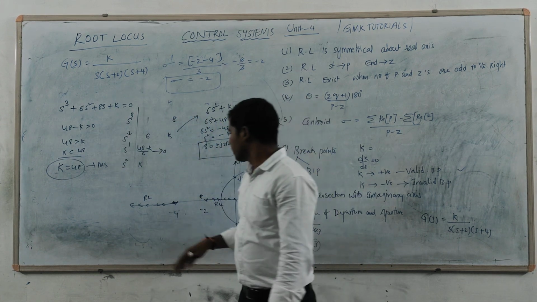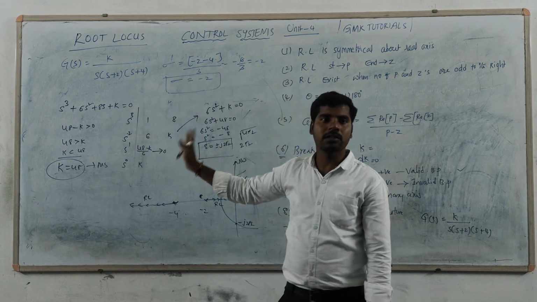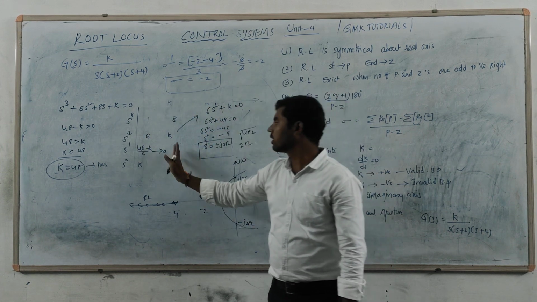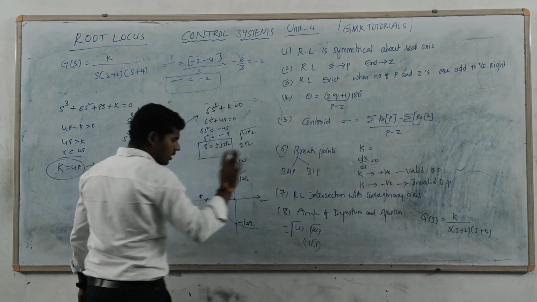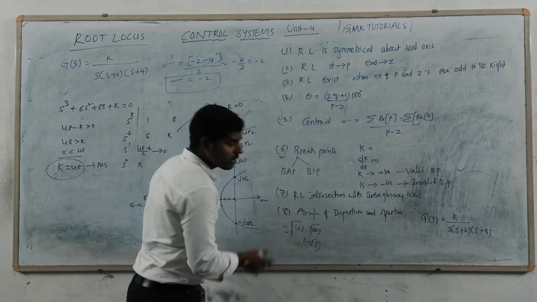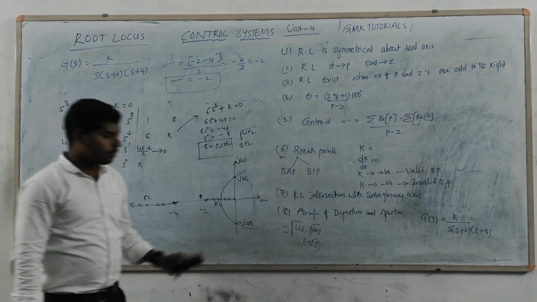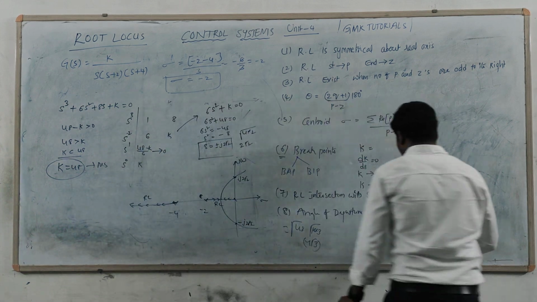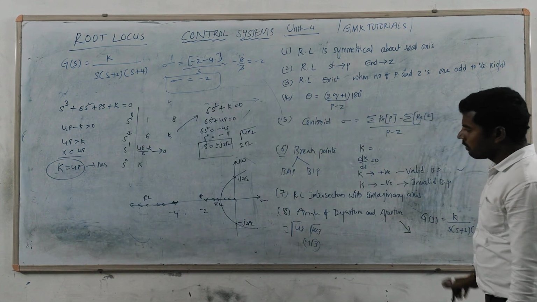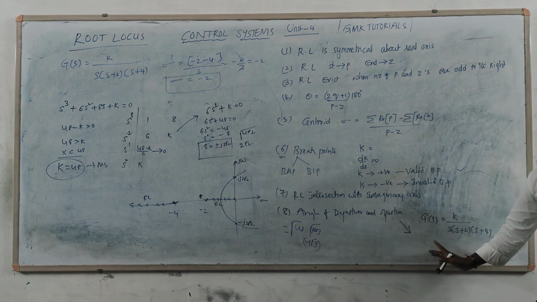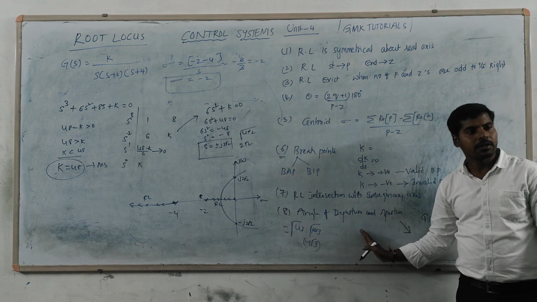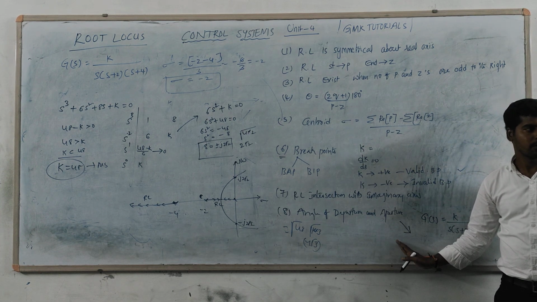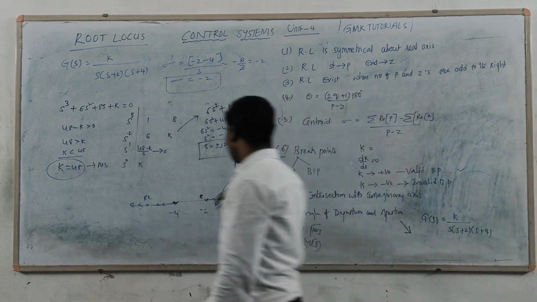Apart from all those things, the root locus is the simplest one, and within a short span of time you will get the answer. That's why we will prefer this one. So up to now 8 rules are there, and the 8th one is not valid for this one. The 8th rule is only valid whenever complex root loci exist in the corresponding system, maybe complex pole or maybe complex zero. At that time only we will find the angle of departure and angle of arrival. So these are the tricks, but one more point will be left out here.